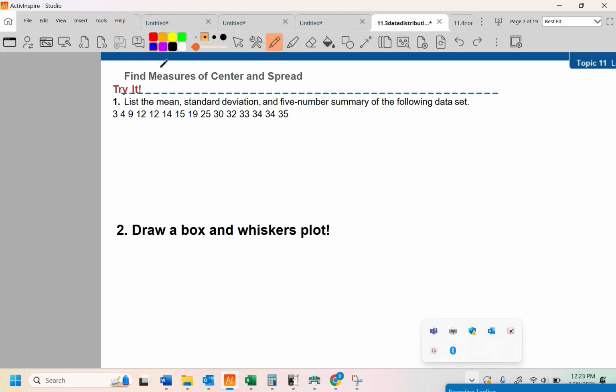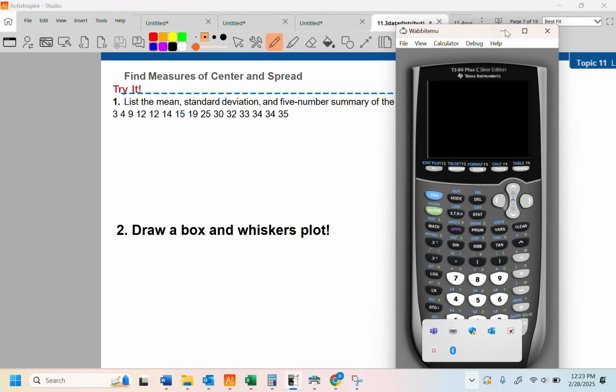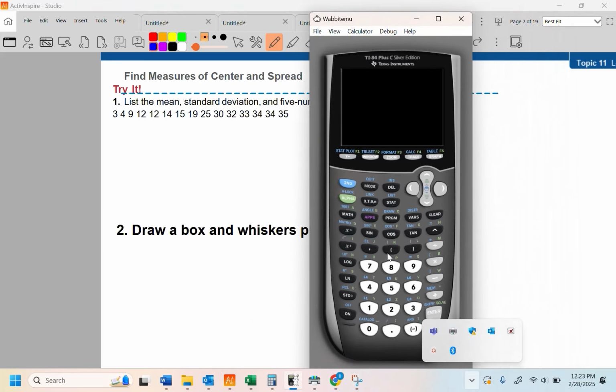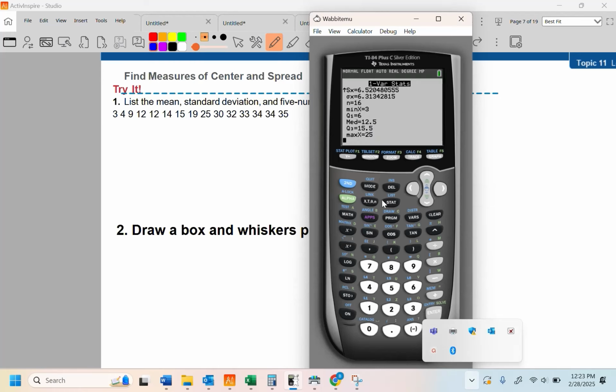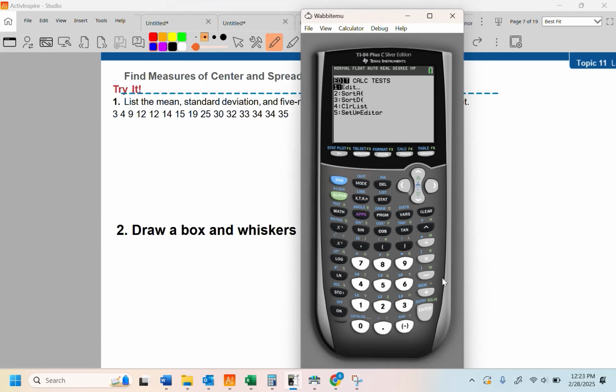All right, so this one I'm going to do entirely in a calculator because, well, it's my lunch break and I don't really feel like doing it by hand. So anyways, we're going to go to Stat. We're going to go to Edit. And we're going to push buttons. 3, 4, 9, there's 12,